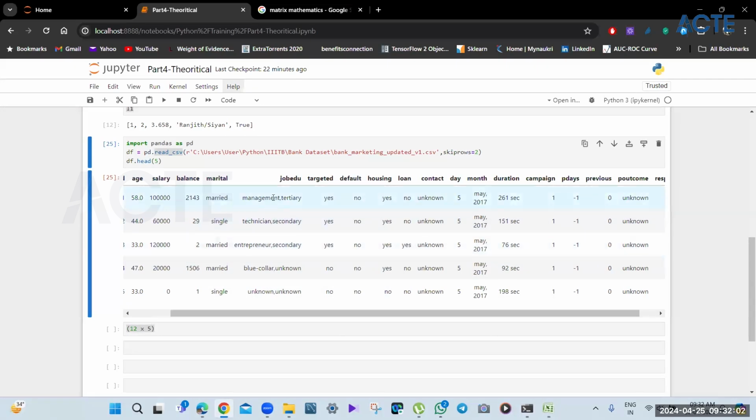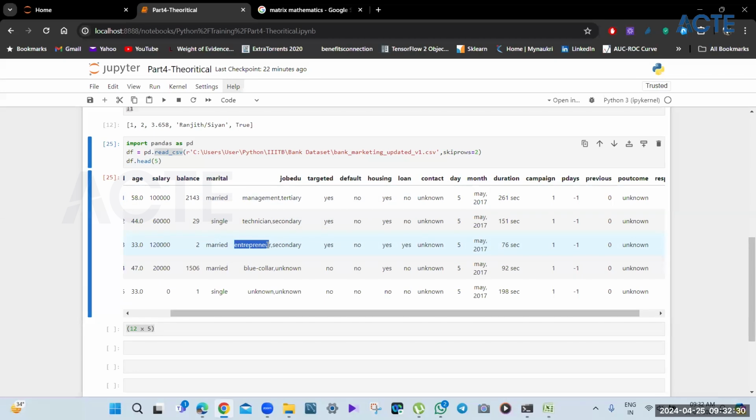Can you see this particular column, job_edu? This column is basically a combination of two things: one is job, one is education. The input data has this, so it is a concatenation of two pieces of information. The first one is technician, which is your job, and the second is your education, which is secondary.